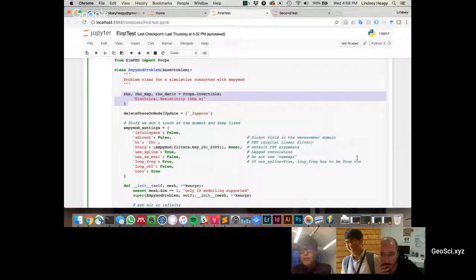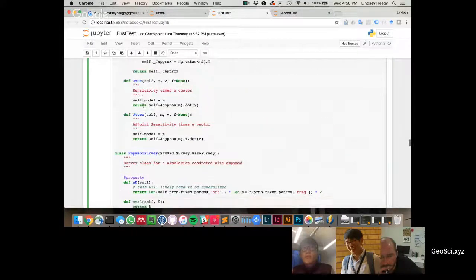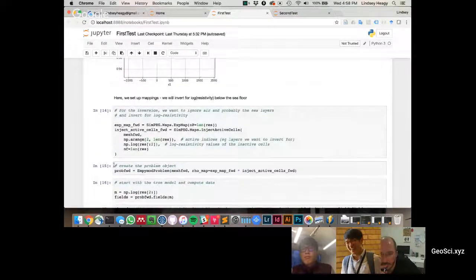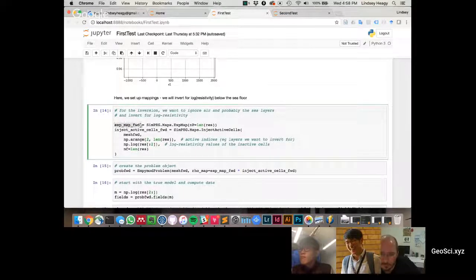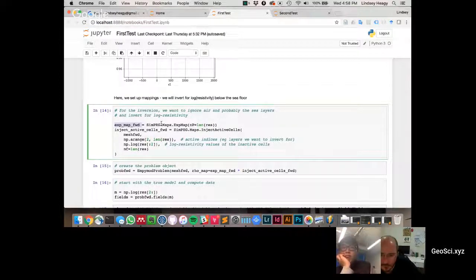Okay. Cool. So this props.invertible basically keeps track of your property and any mappings that you have associated with that. For example, I inverted for log resistivity, I believe. Here, we inverted for log resistivity in an active region. We use mappings, which are quite flexible. You can use a mapping to take any vector of numbers and translate it to physical properties on a mesh domain. And each of the mappings has associated derivatives with it,